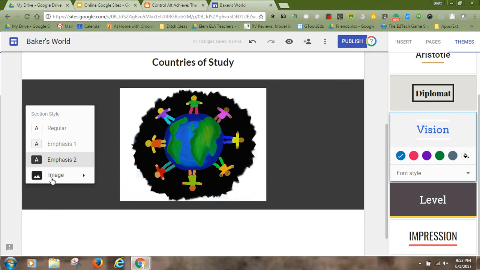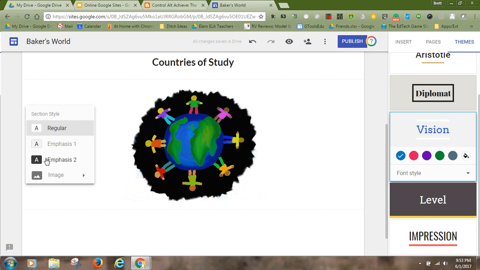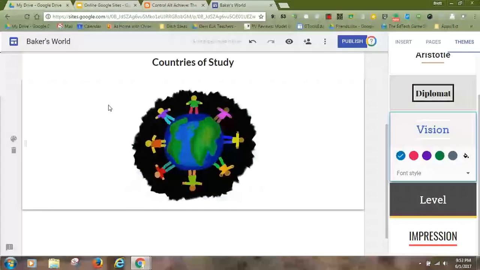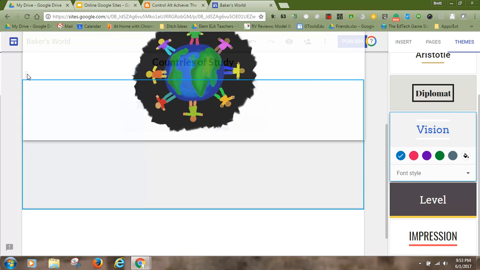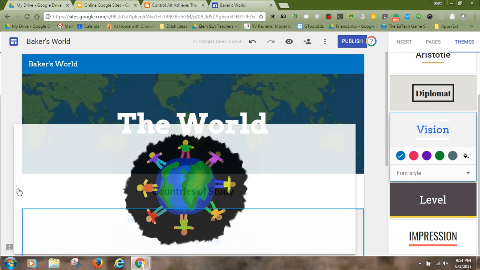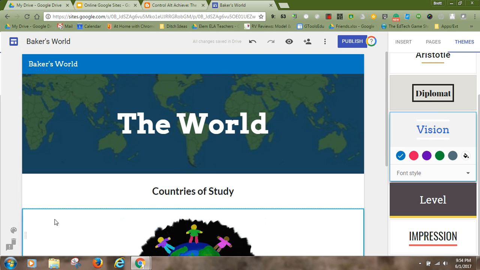It would allow me to add an image to the background, but I'm going to leave this regular because I like the look of this. And you'll also see these little dots. This little panel of dots allows me to grab my image and slide it up. And I can switch places with